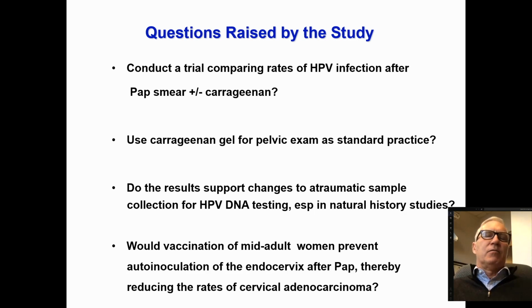And finally, the last thing, and this has to do with vaccination, it raises the possibility of whether vaccination of mid-adult women could prevent this auto-inoculation of the endocervix after Pap smear, and thereby may reduce the rates of cervical adenocarcinomas. I think this is a big question. I certainly wouldn't want to push this too hard, but at least it raises that this could be an unthought-of or not widely appreciated extra benefit of vaccinating mid-adult women. And so with that last slide,